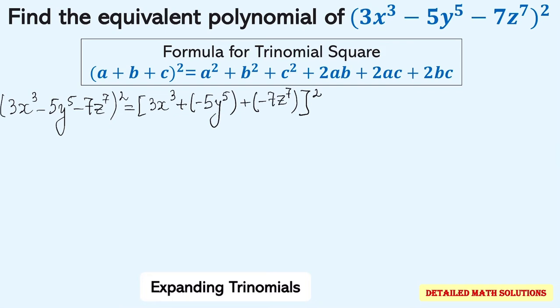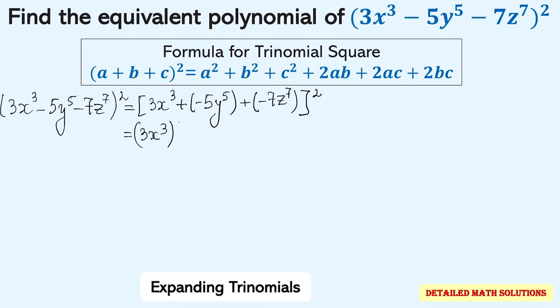The term 3x³ corresponds to the a in the formula for the trinomial square. The term −5y⁵ corresponds to the b, and respectively −7z⁷ corresponds to the c in the formula. Therefore, when I apply the formula, this equals